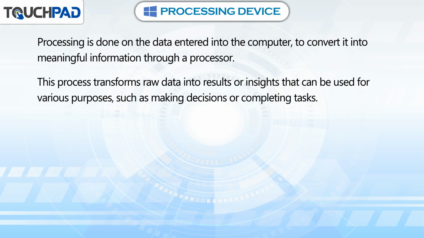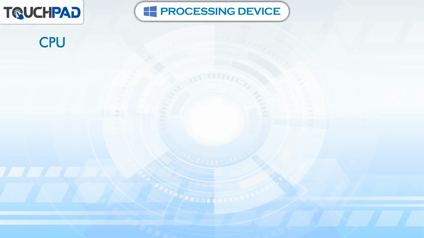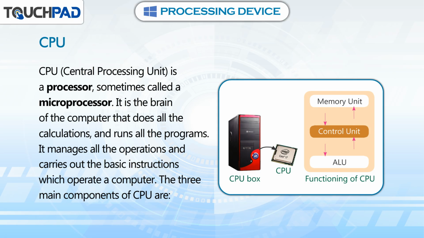or completing tasks. CPU. CPU, Central Processing Unit, is a processor, sometimes called a microprocessor. It is the brain of the computer that does all the calculations and runs all the programs. It manages all the operations and carries out the basic instructions which operates a computer. The three main components of CPU are